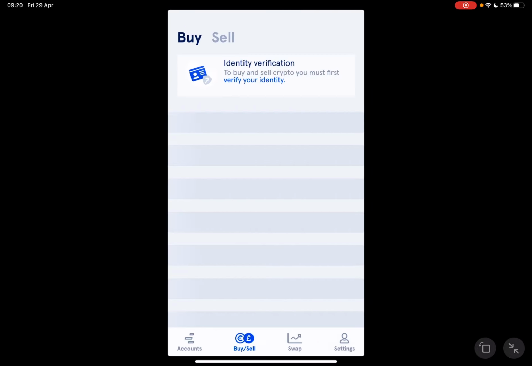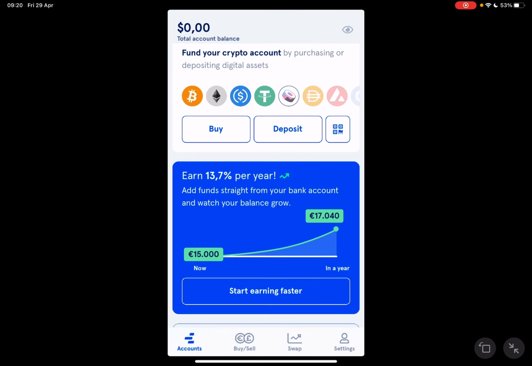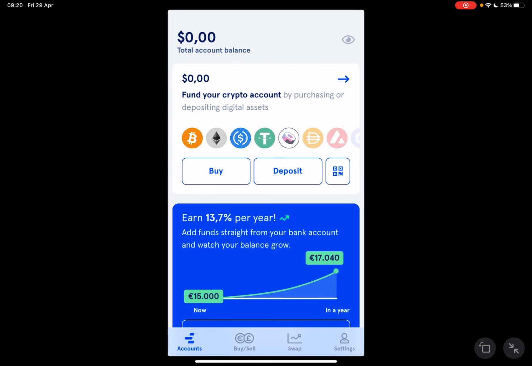And after that, when you tap on buy, all the different crypto options are going to be available, and you can just tap on them and type in the amount that you would like to purchase and go through with your purchase. So that's pretty much it, how you can use the Nash app and how to buy cryptos on